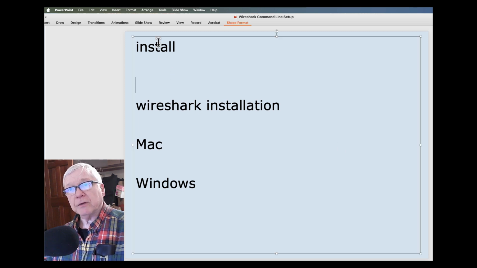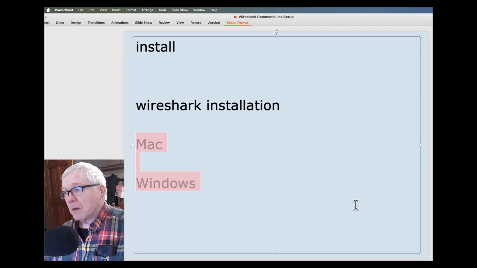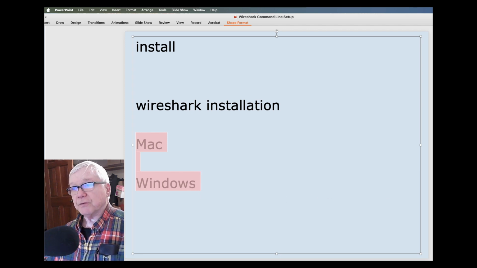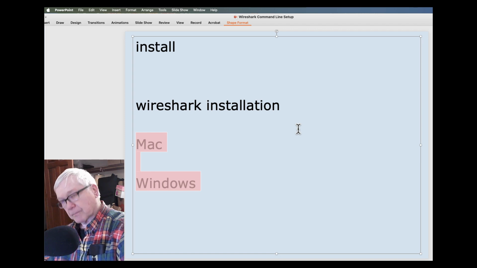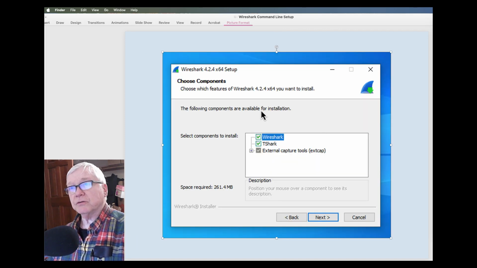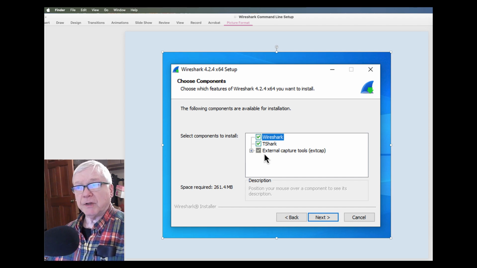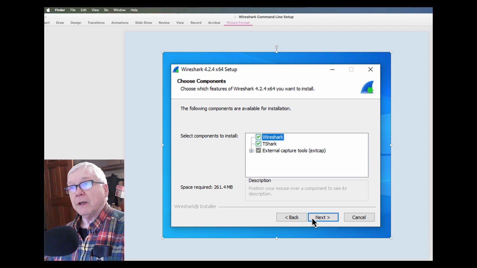So as part of the regular click-through installation of Wireshark for both Mac and Windows, I believe it's been the case for some period of time that TShark is automatically checked as a part of that installation on both of these. When you're in the Windows Wireshark installation program, you can see here TShark is by default installed. All the other external capture tools, which we're not necessarily talking about, may or may not be checked. We're interested in the TShark components, but I'm making sure to install these for myself for sure, and then where they're going to go.